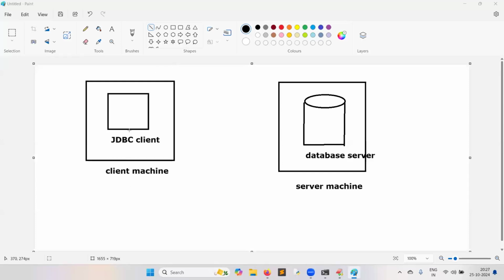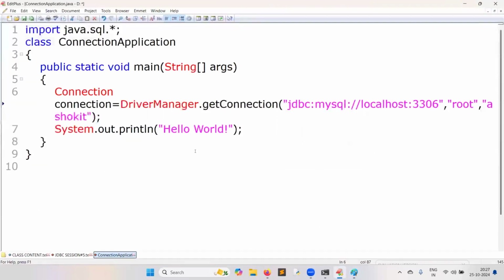Now, because Java and database communication is a client-server architecture, for the client to connect to the server, the client should know the IP address of the computer. But observe, in this scenario, in my laptop, the Java program is running in the same machine. The database server is also running in the same machine.